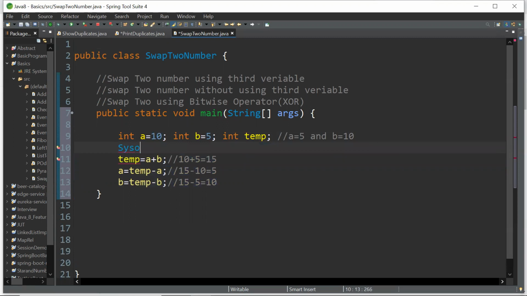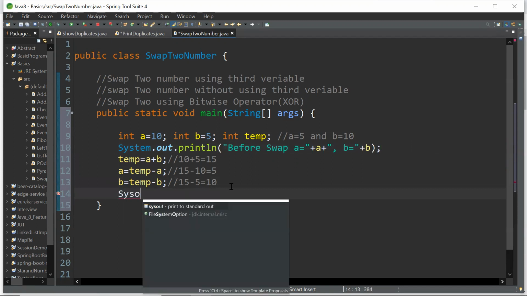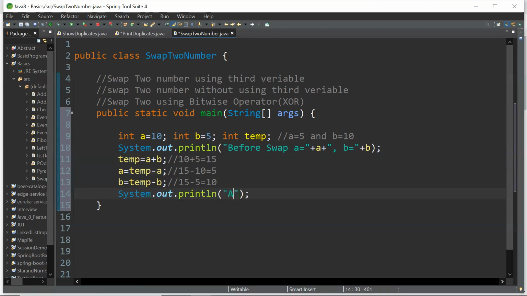Let's print before swap: a equal to a, b equal to b.